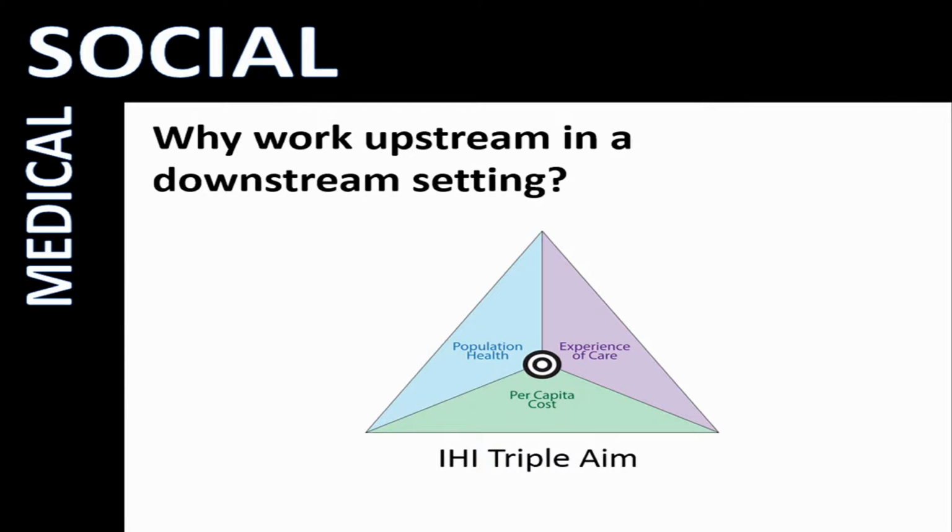Don Berwick created this model, which he developed at the Institute for Healthcare Improvement, called the triple aim, and it outlines 3 major domains through which healthcare has to simultaneously advance to reach its ultimate goal of improved population health. And I think if we look at each dimension of the model, there's really some clear advantages to integrating social